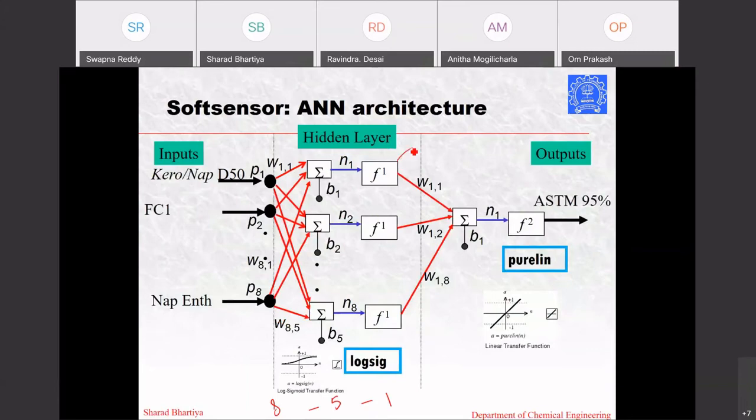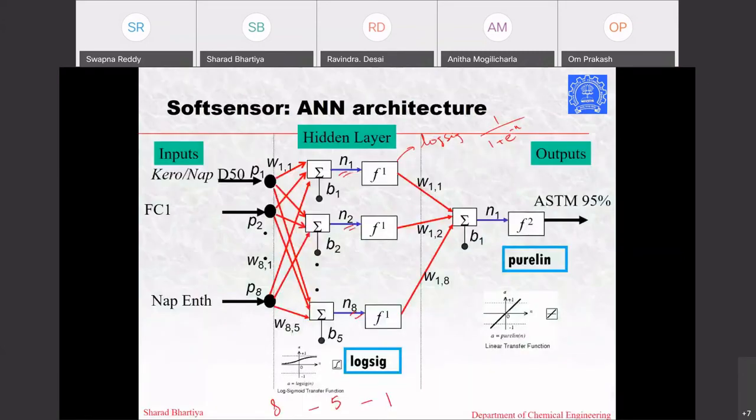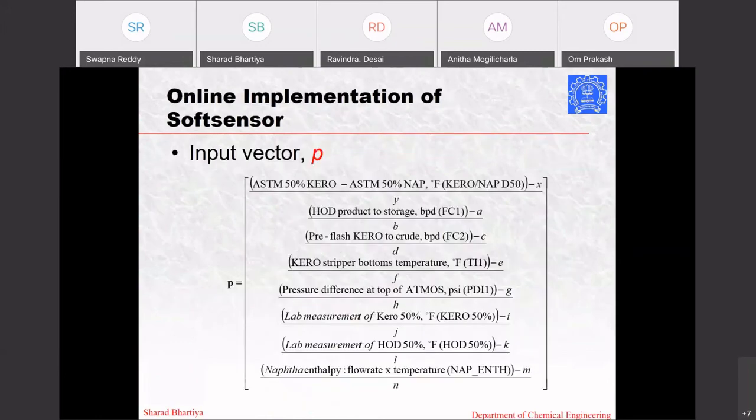This used the log sig function, which is 1 over 1 plus e to the power of minus n, and these are those net values coming from each neuron. I think I've knocked out the figure, but essentially when you want to now apply it at the refinery, these are the different